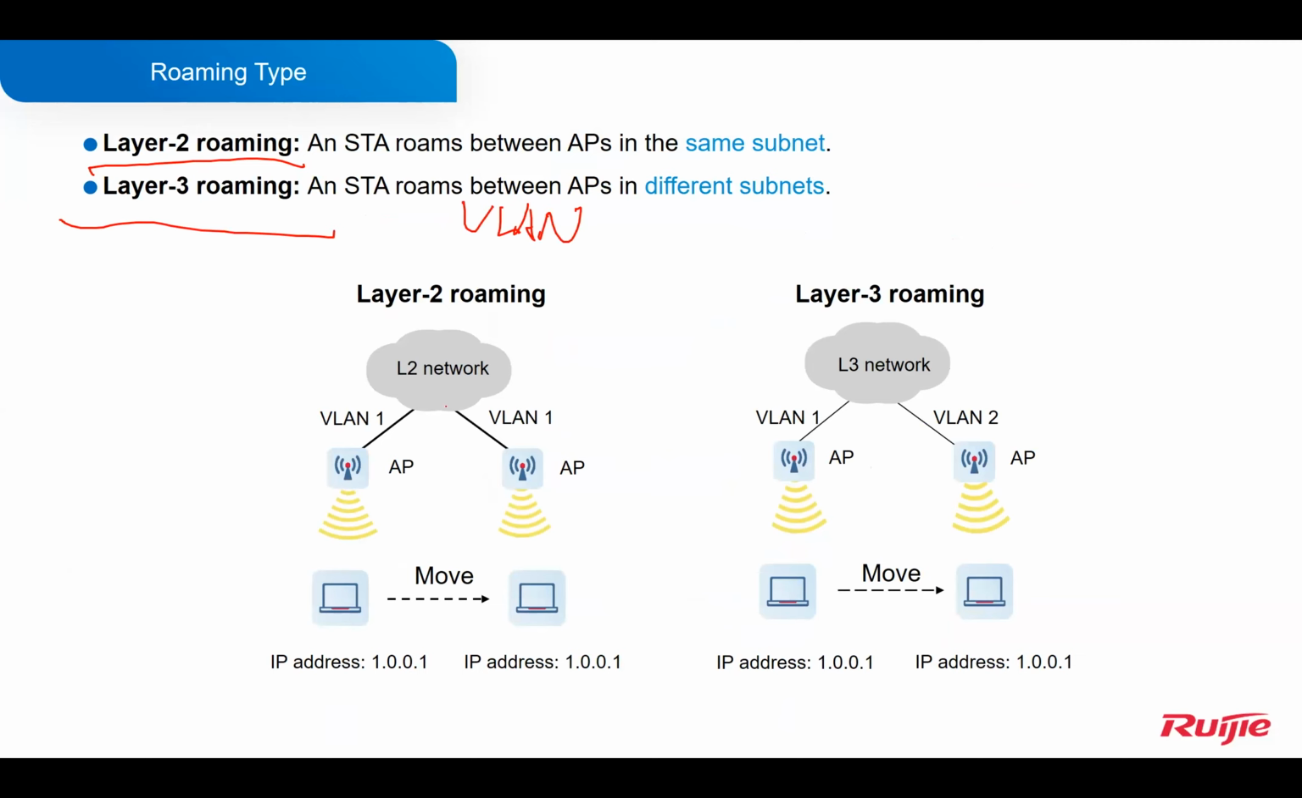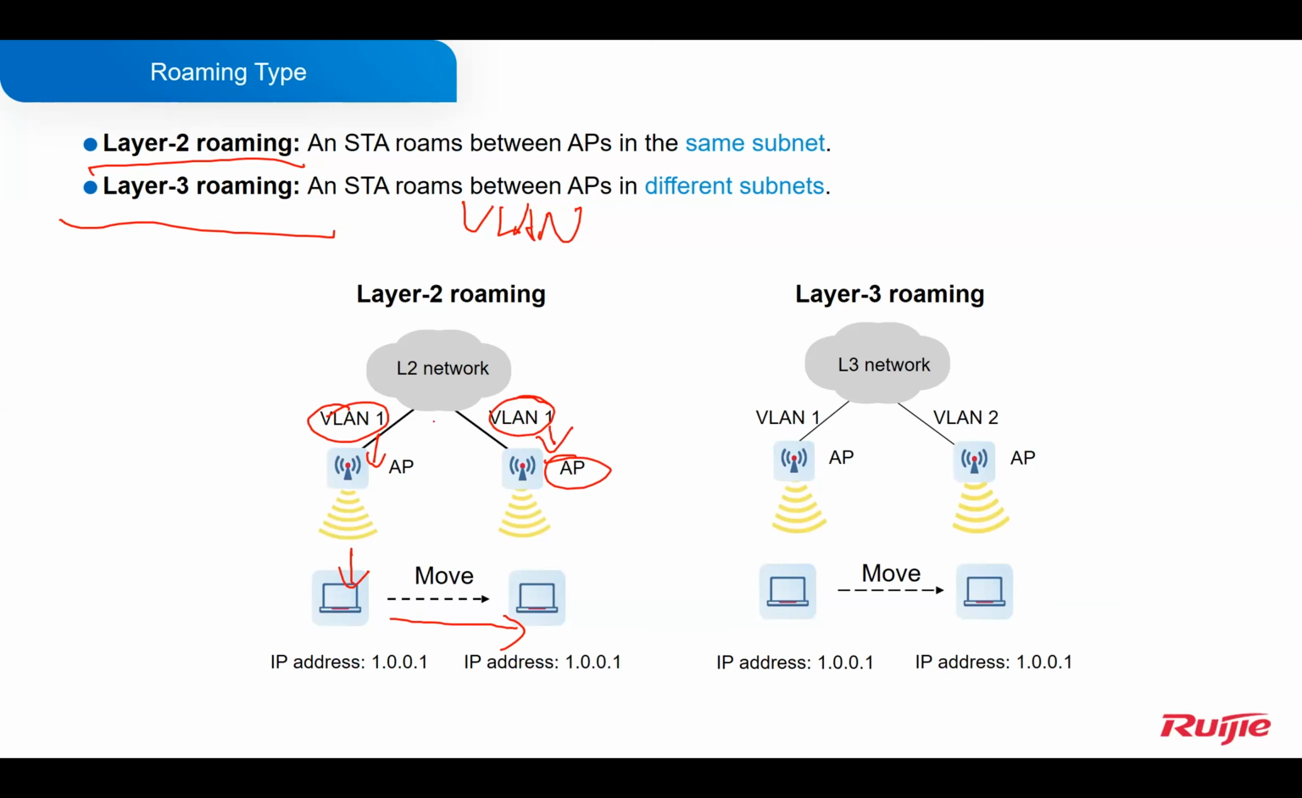So this page is the level 2 roaming, because the STA moves in another direction, and the VLAN information for this AP is VLAN 1, and the VLAN information for the other AP is also VLAN 1. This means the VLAN information doesn't change. It's a level 2 network,